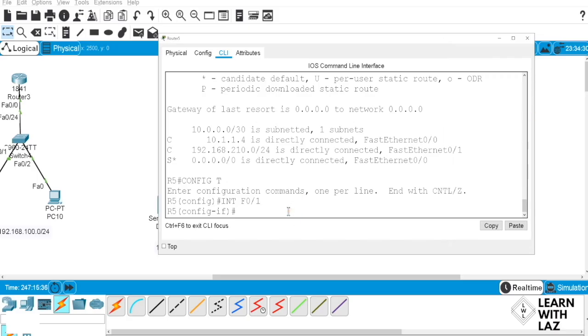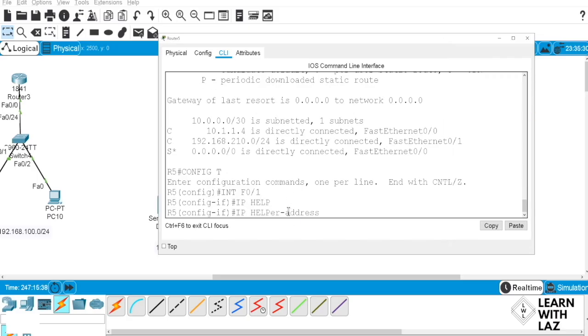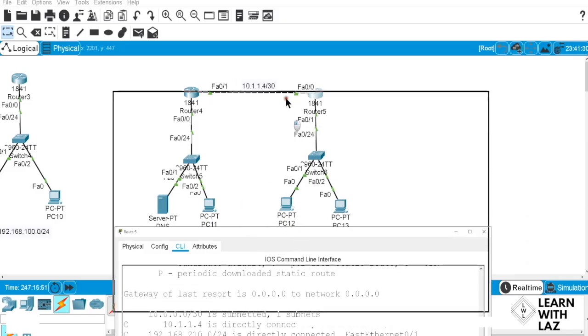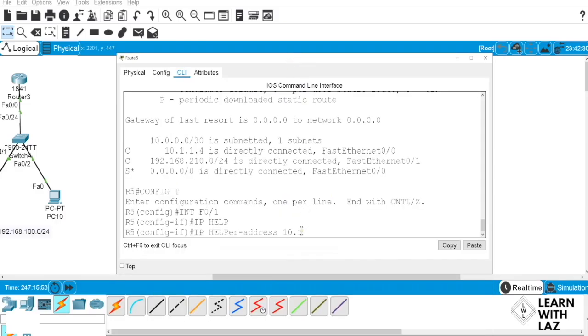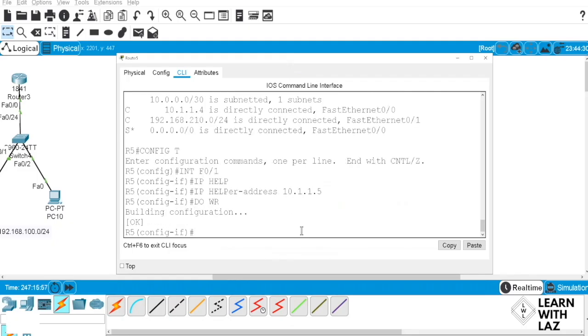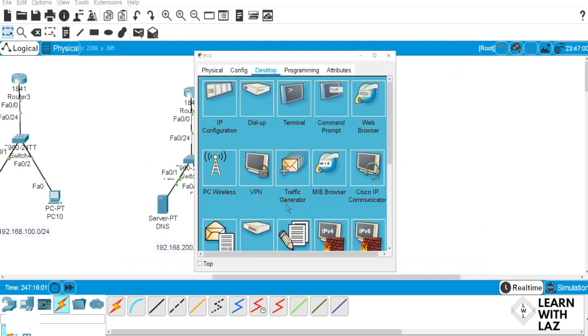You need to put the IP helper address and point it to the default router, which, if you're going that way, if the traffic is flowing this way, that would be 10.1.1.5, right? 10.1.1.5. Okay. Do WR. All right. So let's see if that's true.